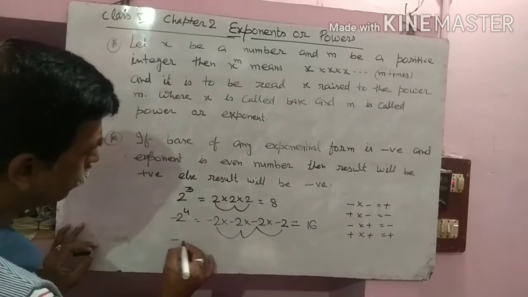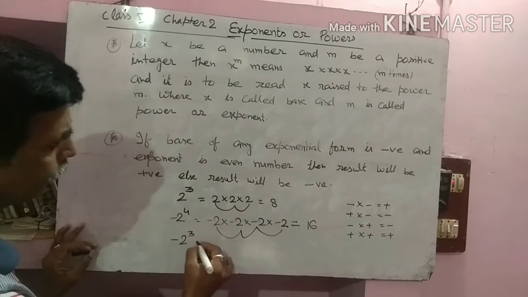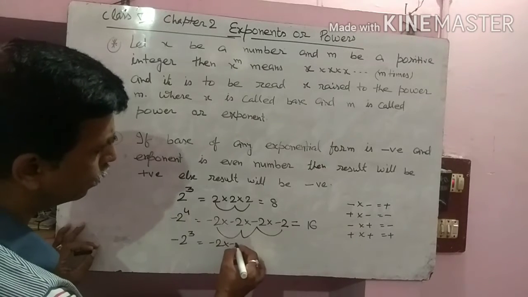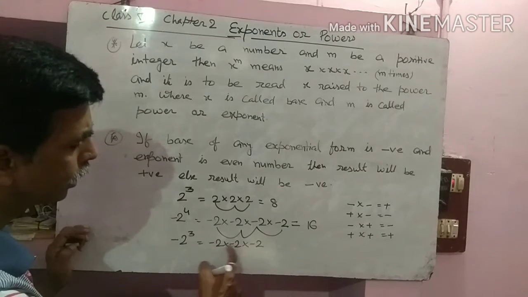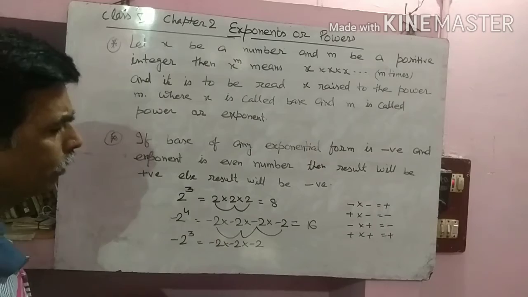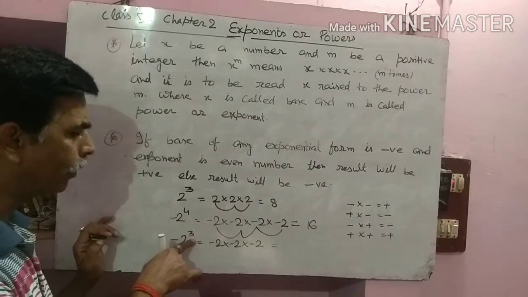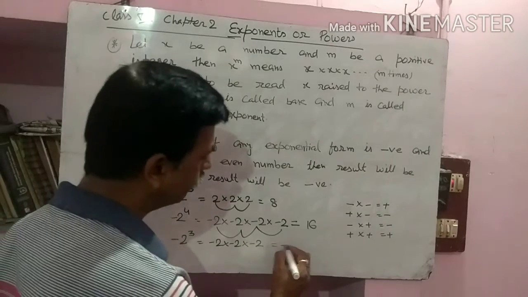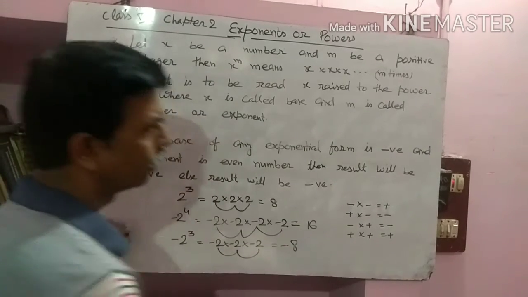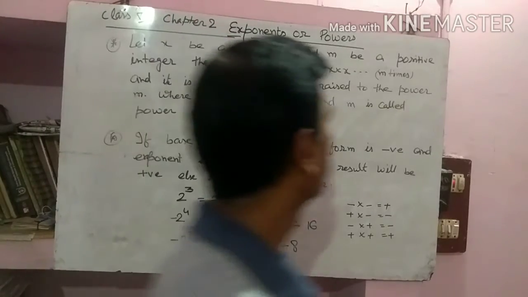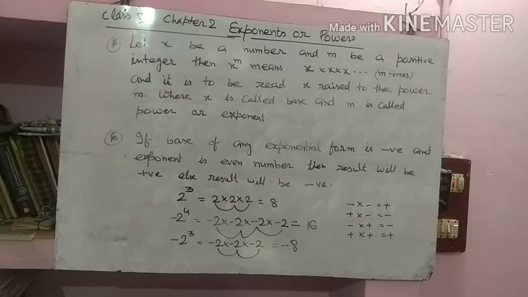Suppose the question is given minus 2 raised to the power 3. It means minus 2 into minus 2 into minus 2. No need to think about minus into minus plus, plus into minus minus, or calculate that. Just see the base is negative, the power is an odd number, so the result will be negative. And 2 to the 4, 4 to the 8. Okay? So write this terminology and we will discuss the law of exponents. Okay? Write it.